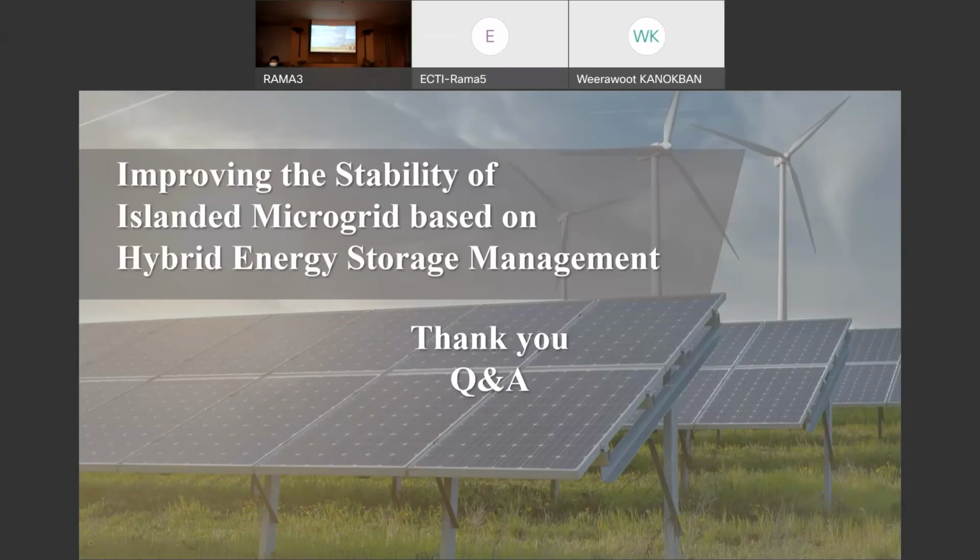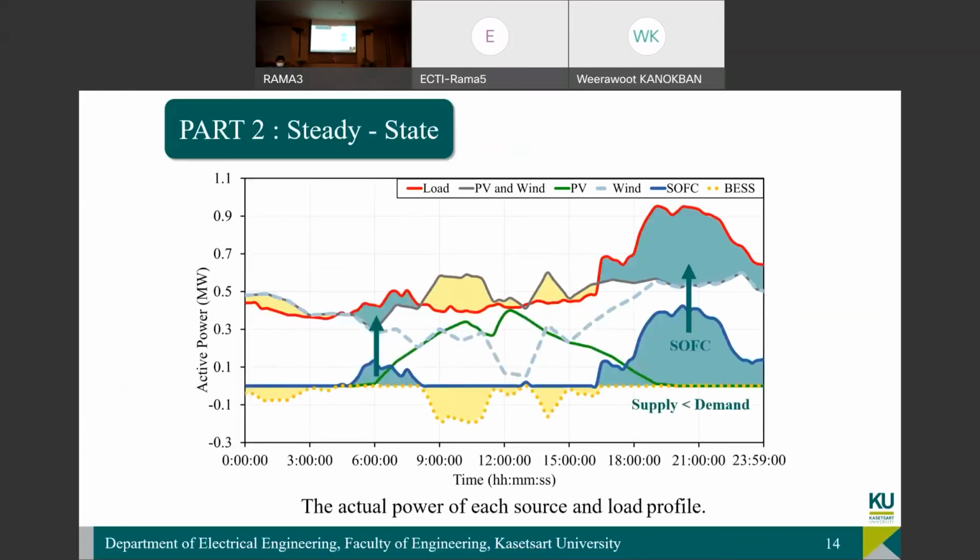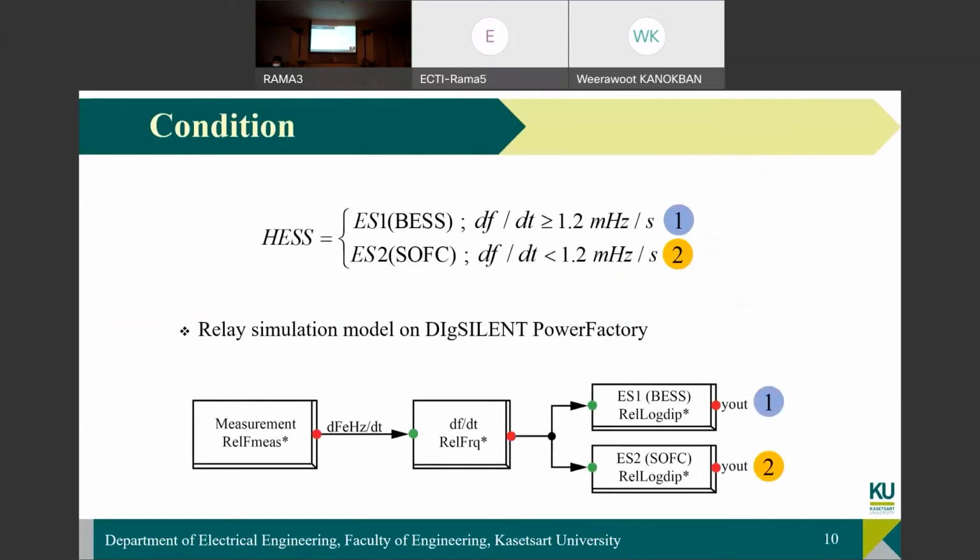High discharge rate battery. Any question? Maybe go to the block diagram, right? Okay. Yeah. When the